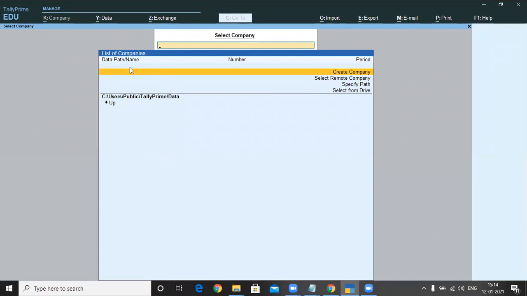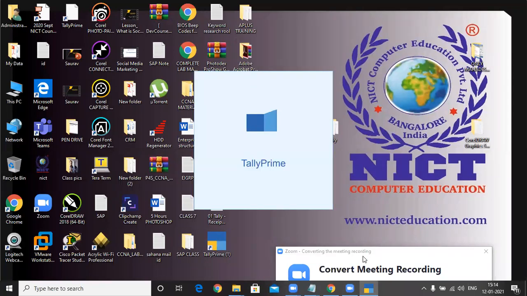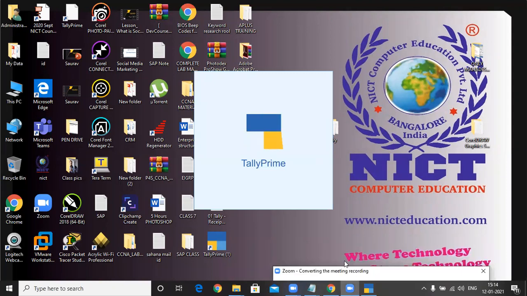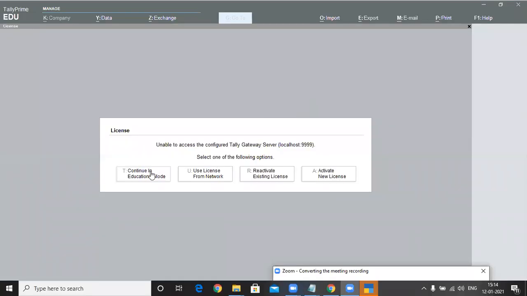Now talk about Tally. And as I said here, the list of companies, when you open Tally screen after the installation, and click continue.